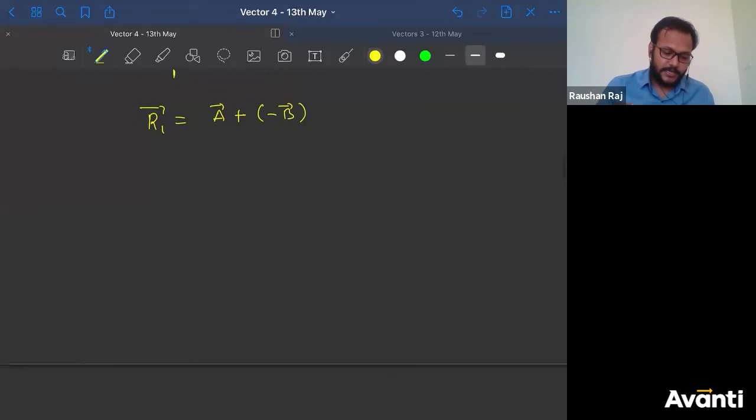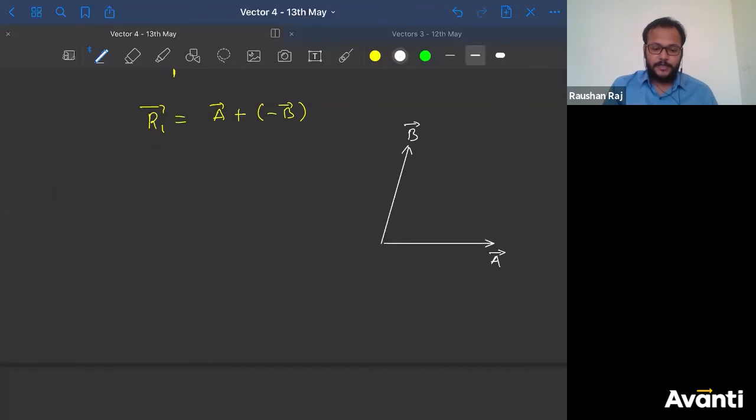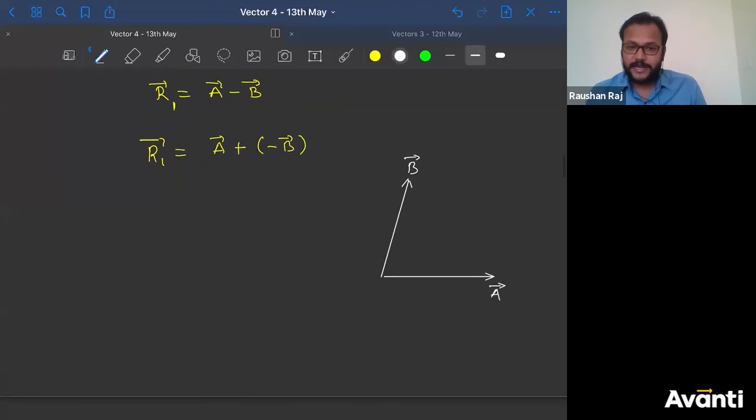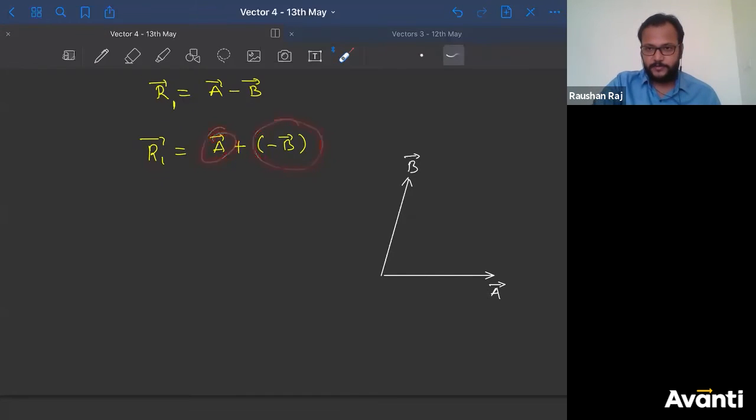Very good, sir. If I give you those two vectors A and B here, if you're having vector A here, and if you're having vector B here, like this. I'll make it a little smaller. This was vector B. Then what did I ask you? First, I asked you to subtract A and B. That means subtract B from A. Indirectly, I have asked you to add vector A with minus of vector B. That means add both. Add A with what? With minus B.